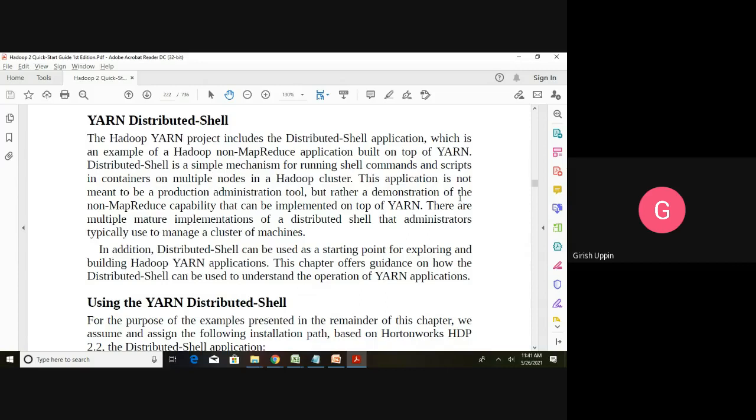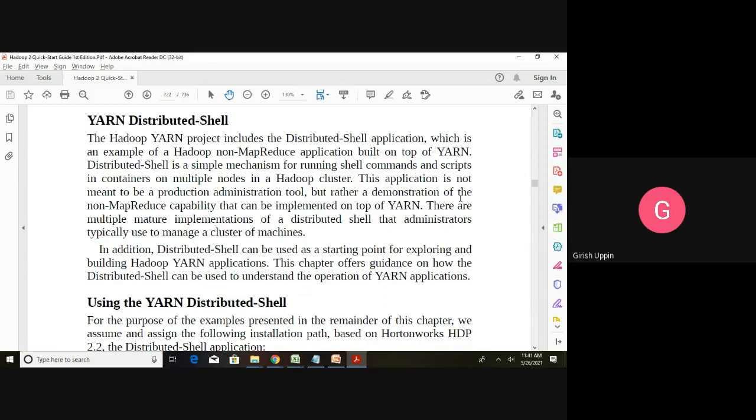We will see with an example how we can run these shell commands and scripts. They will run in containers available on the different nodes spread across the Hadoop cluster.